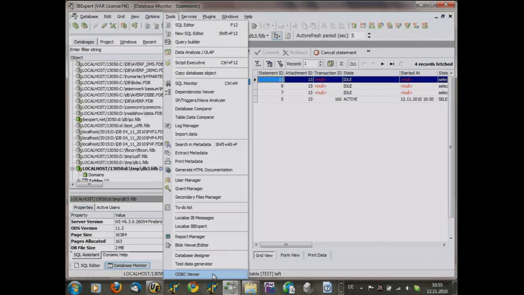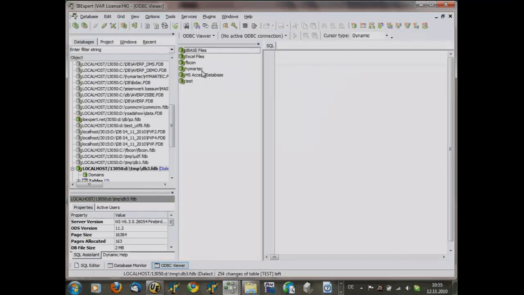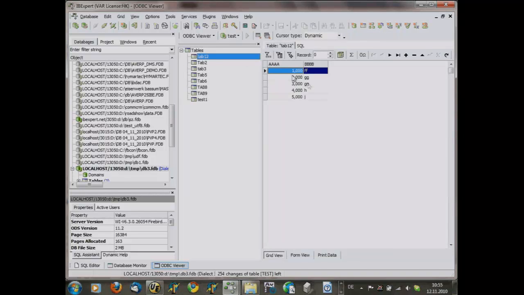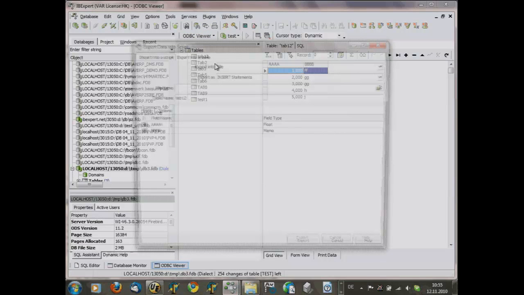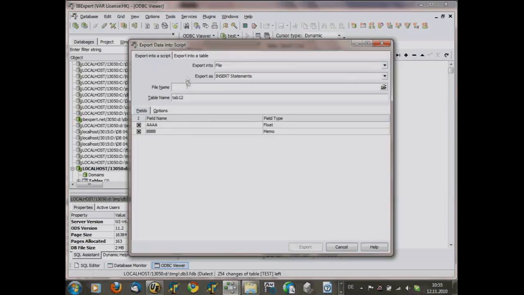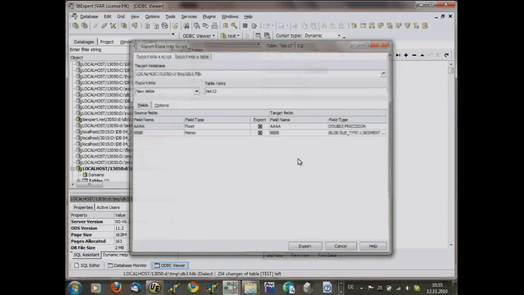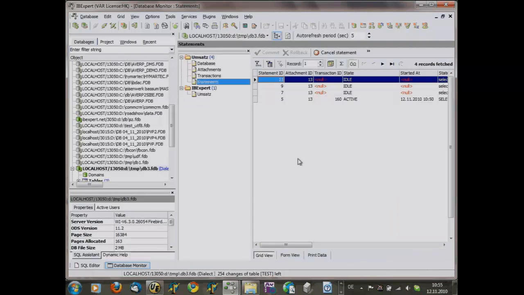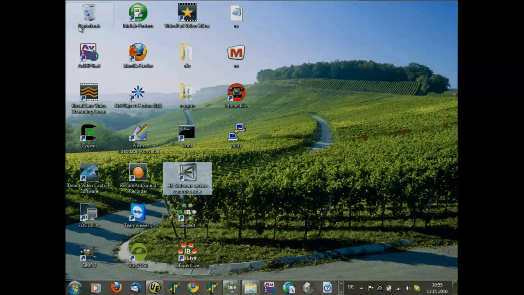One of the other tools that I wanted to mention is also, for example, the ODBC viewer. This can be used, for example, to take data. This data is, for example, here from an ODBC connection to an Excel file. So you do not have to program anything for importing data or having access to Excel. You simply can say, okay, run my Excel data here into a local table. I can show it in a few seconds.